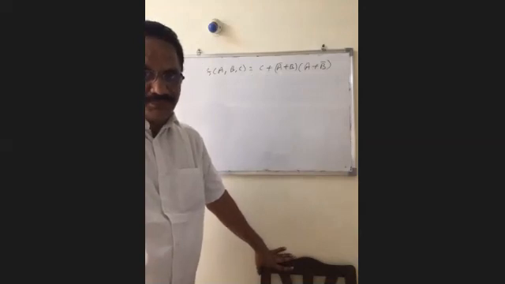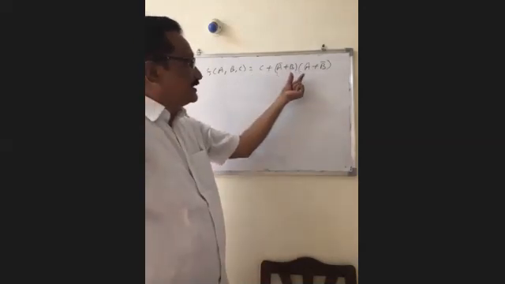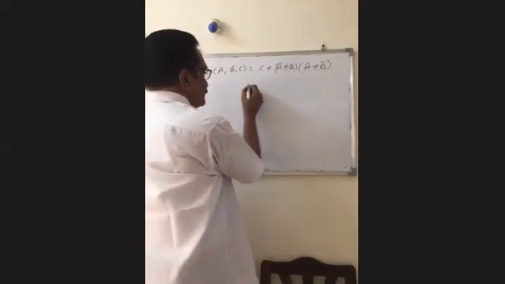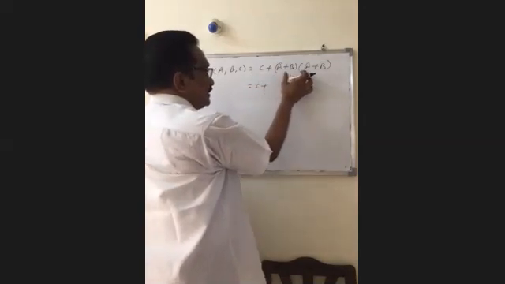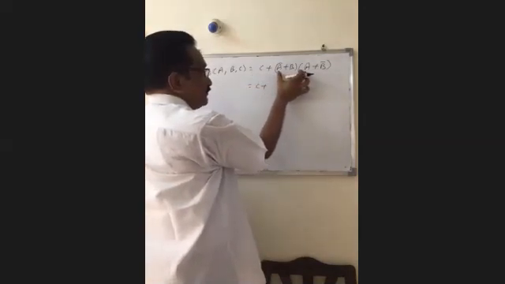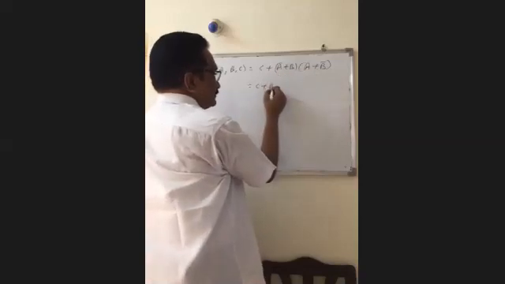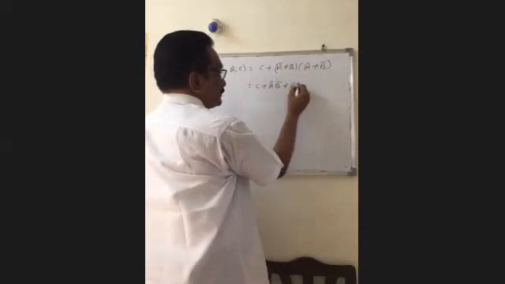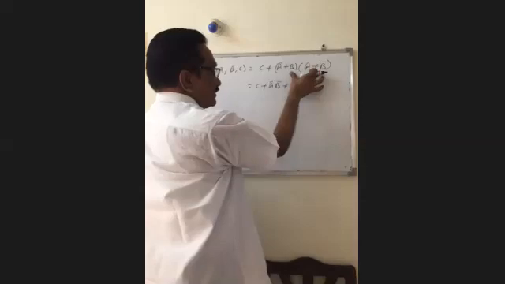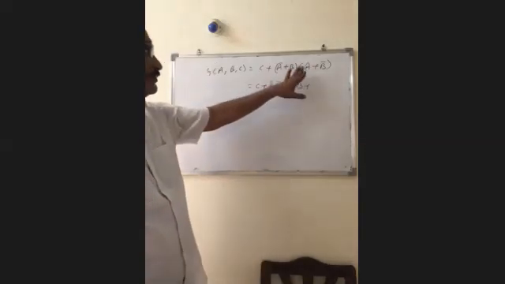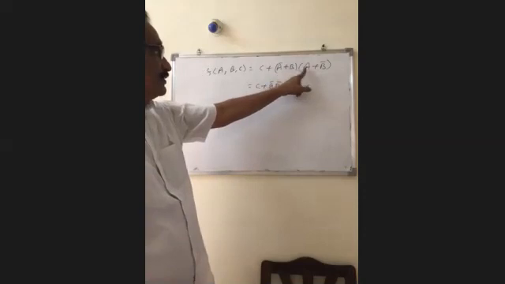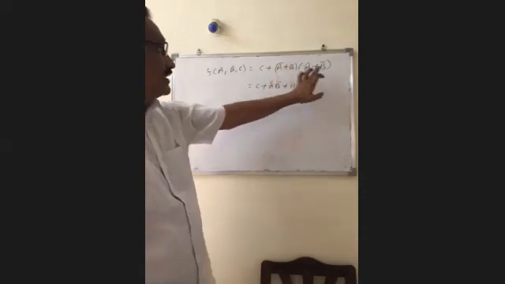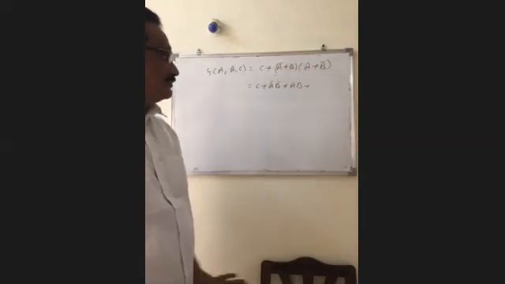Canonical SOP form. Actually, in this one there are two sum terms. First, convert them into product terms. So for that one, C plus A into A bar is 0, A bar into B bar, plus A into B, B into B bar is 0. So A bar into A is equal to 0, so AB, this term. Next A bar into B bar. Next B into B bar equal to 0.